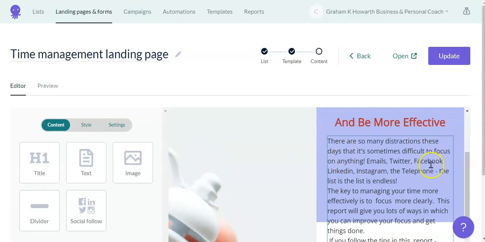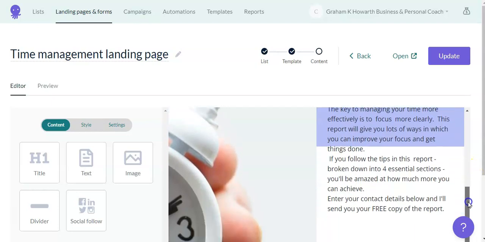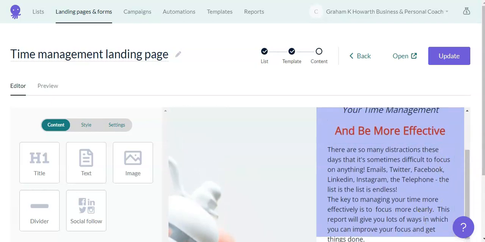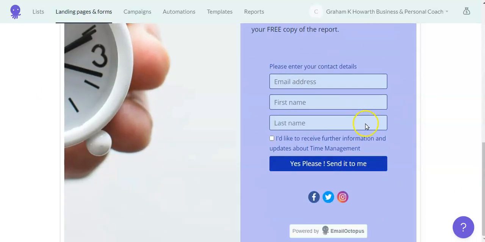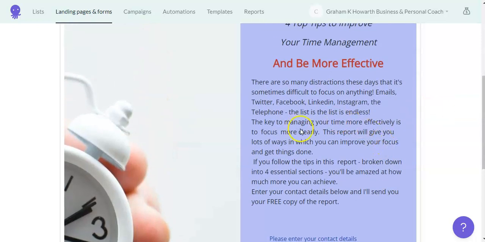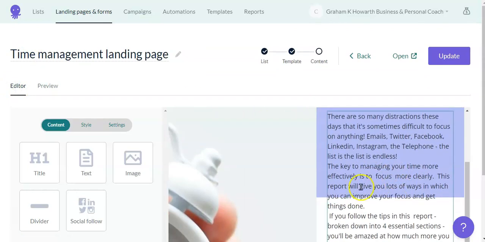Okay, so I've clicked that text in, I've dropped that in, and if we just look at that, you'll see that on the edit screen here, we've not got the colour going all the way down, but if we do the preview, you'll see that the colour is there on the whole of the form. Not quite sure why it does that, but obviously this we've put in here. We need to just maybe put a couple of returns in here just to break it up a little bit. So let's go back to the editor, and we can do a few things with that.